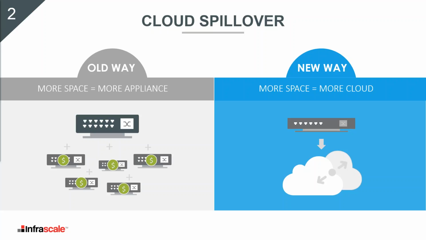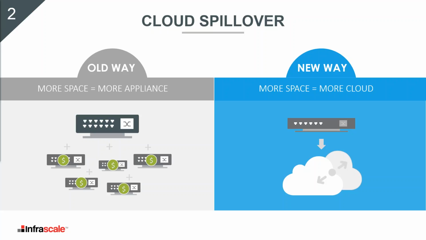You buy an appliance, for example, and your data keeps growing and growing, and you end up filling up that appliance. So then you need to buy another one, and you fill that up as the data continues to grow. And so you buy another one and fill that up. And this cycle continues where more space equals more appliances. And look at how quickly that can add up in cost. Look at how expensive that's going to get for you. So that's the old way on the left.